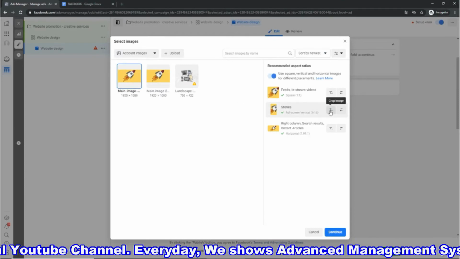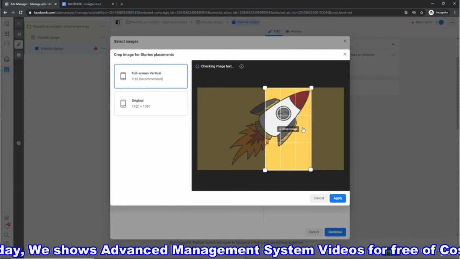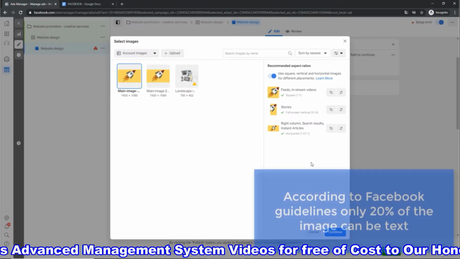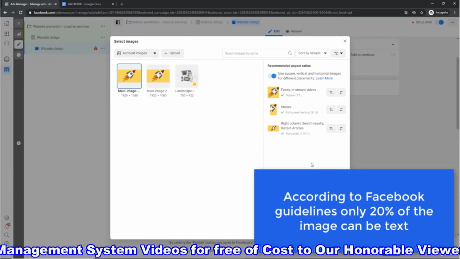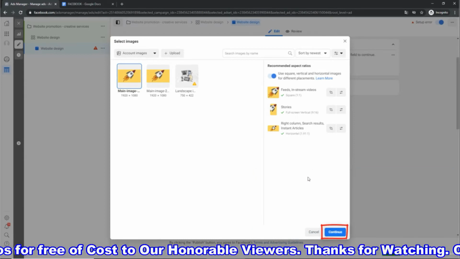Then you can edit your image on any placements you want by clicking on the particular placement. You can change it or crop. Remember that according to Facebook guidelines, only 20% of the image can be text. Once you are happy with the images on all placements,